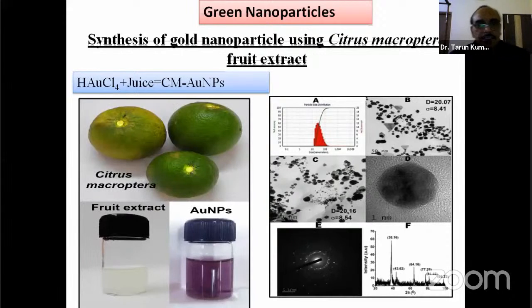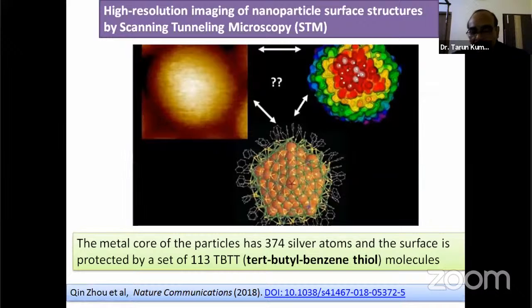So this is that fruit. Okay, Citrus microptera. Using that one, we have synthesized the gold particles. So you can observe this one, and this is the TEM image, and this is the XRD. Okay, from there we can get the crystalline nature. Okay. Another important thing is that